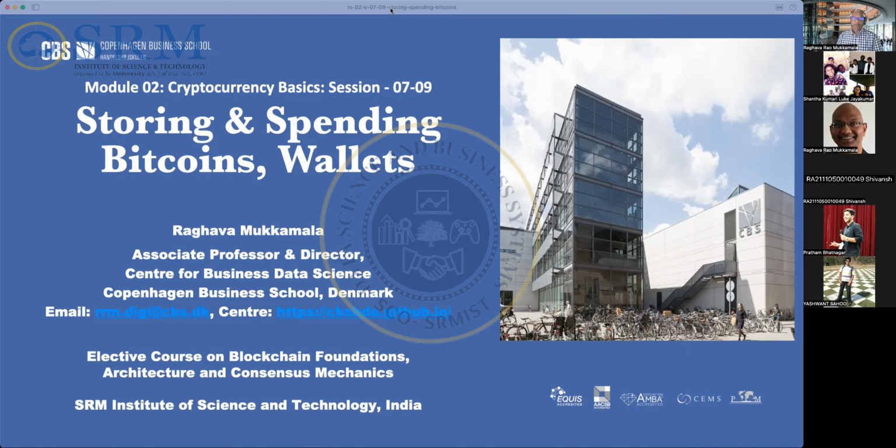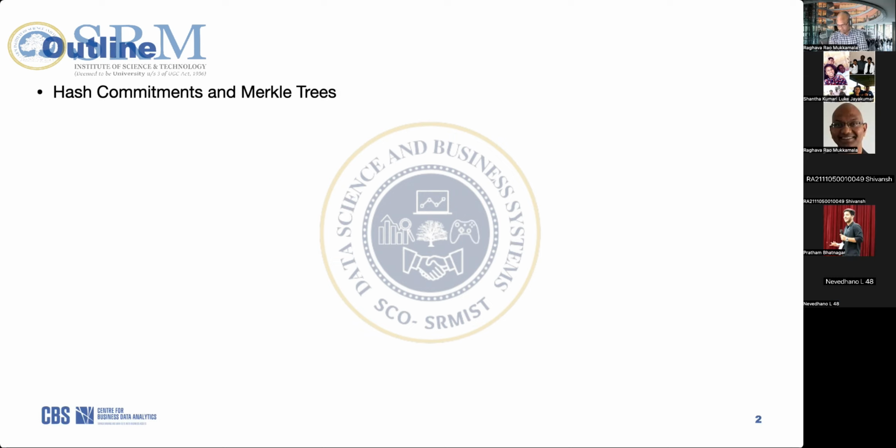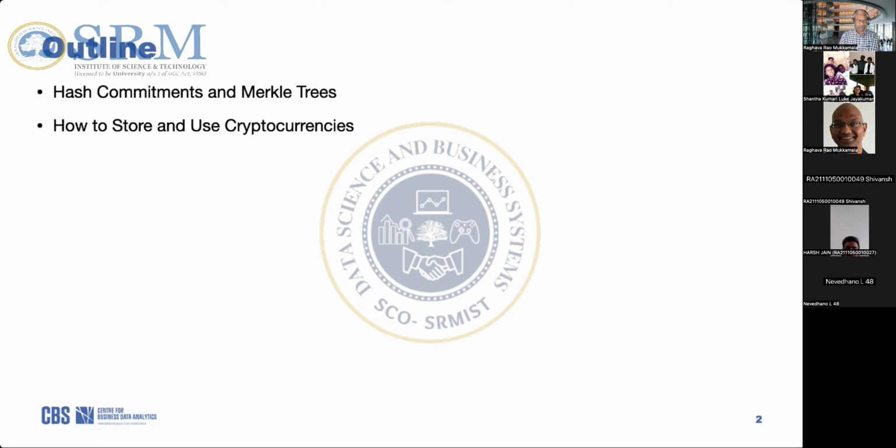Yes. So today, last week we stopped at hash commitments. I think we didn't do hash commitments fully. We started with some kind of hashing and what are the good properties of the hash that will help us in that. So I will start with hash commitments and again revisit the Merkle trees, and why a Merkle tree, which is a cryptographic data structure, is quite important in Bitcoin. We'll see what advantages it offers and things like that, and then we'll move on to storing